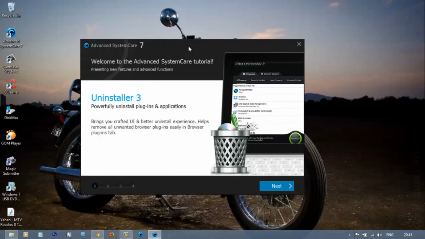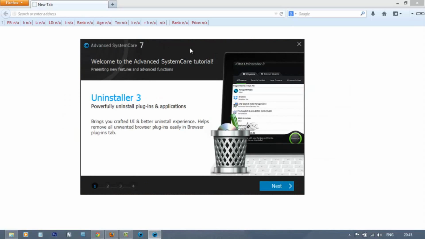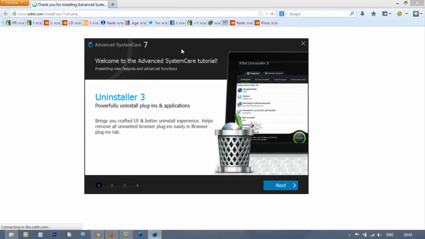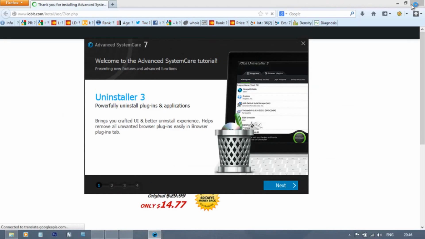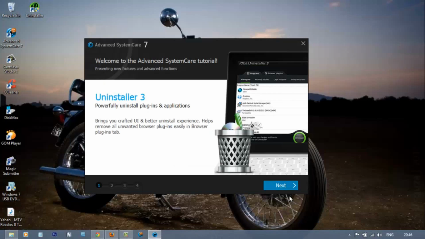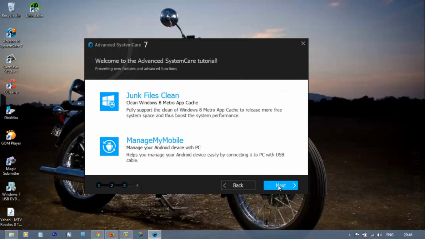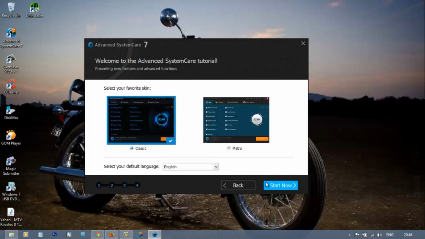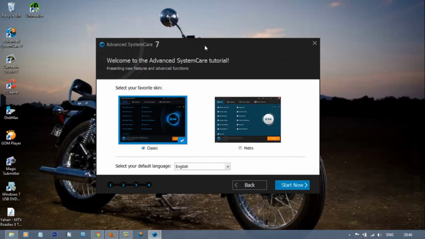So this version 7 has a completely Metro styled interface, highly inspired from Windows 8. This gives me an overview of the iobit products. You can skip this easily, and in the last step you get an option to select skin.